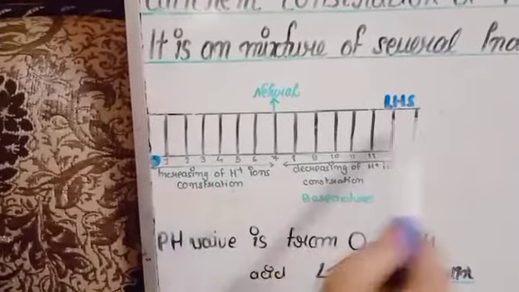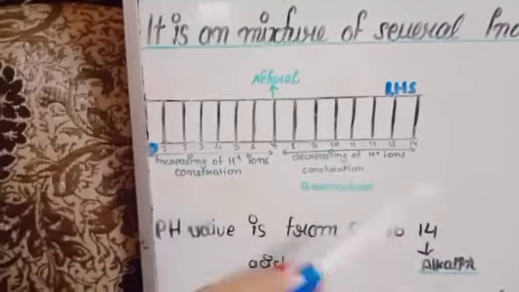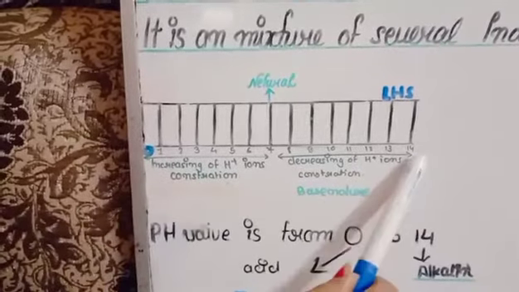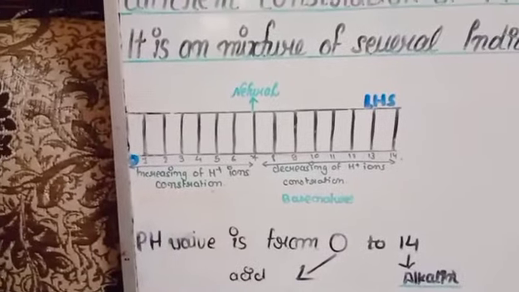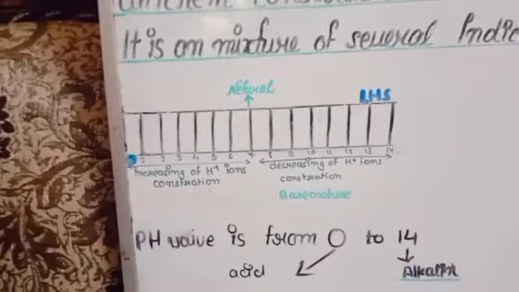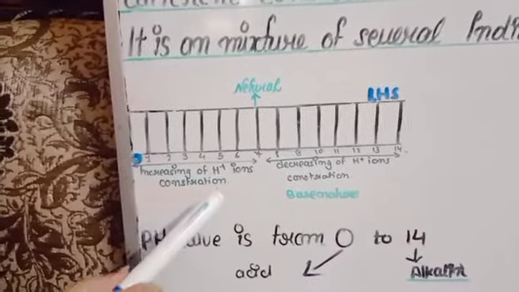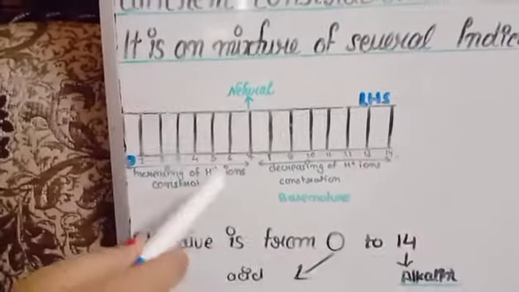So this is the pH scale, on which we test whether a substance is acid or base. The pH scale is from 0 to 14. From 0 to 7 is acidic nature. This means when we test some acid on this pH scale, it gives a red color because of the greater presence, or higher concentration, of hydrogen ions.